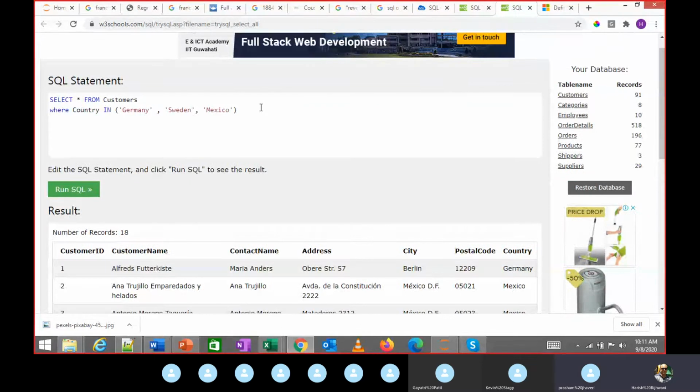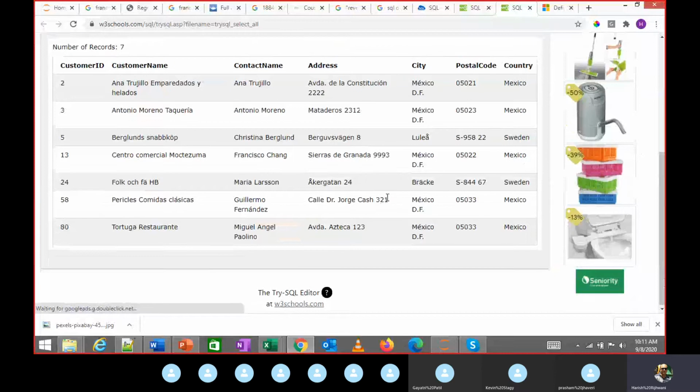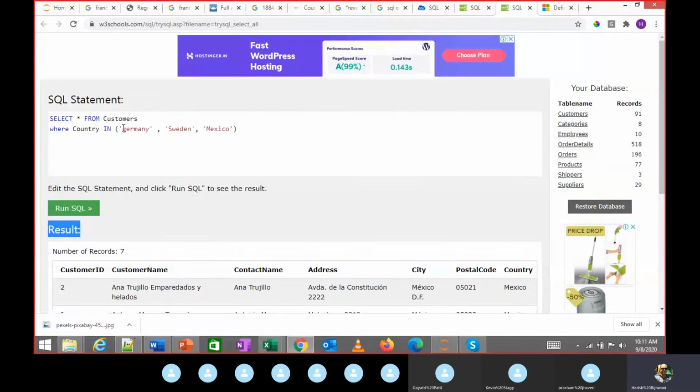Is everything case sensitive here? Ideally yes, it should be. Let me try. See, it will not come. Germany does not come.